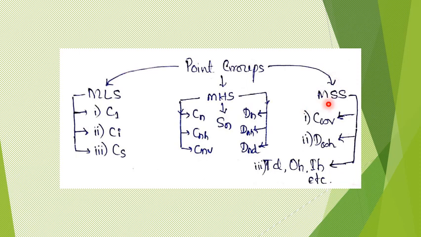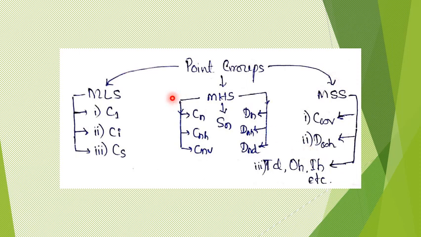And then for molecules with special symmetry, we can have point groups like C infinity V, D infinity H, and tetrahedral, octahedral, icosahedral, and there are some more. All of these come under molecules with special symmetry. So we should definitely take a survey of all these molecular point groups with relevant examples. Then we'll get to know how this classification works.